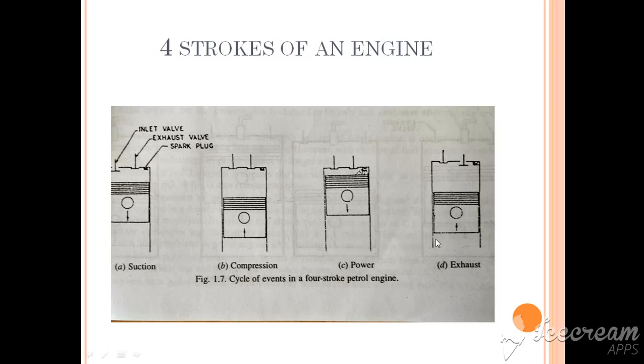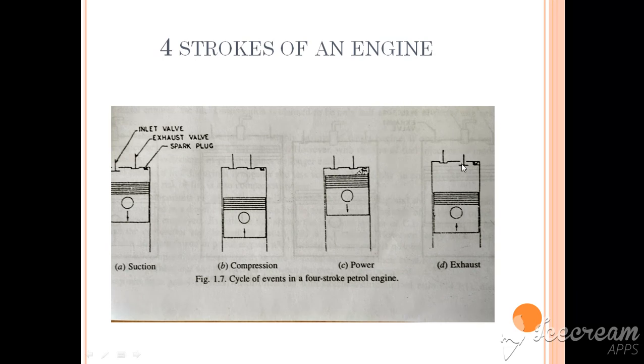Now the last stroke, that is the exhaust stroke, is to throw away the burnt mixture outside the cylinder, so that the next cycle can commence and the charge, that is air fuel mixture, can be sucked. In a petrol engine, air and fuel both are sucked, whereas in a diesel engine, in the suction stroke only the air is sucked. That should be clear. So in the exhaust stroke, the piston moves from BDC to the TDC, and whatever exhaust gases, burnt gases are there, they are thrown out.